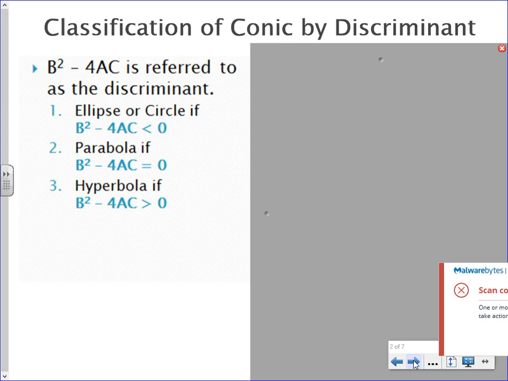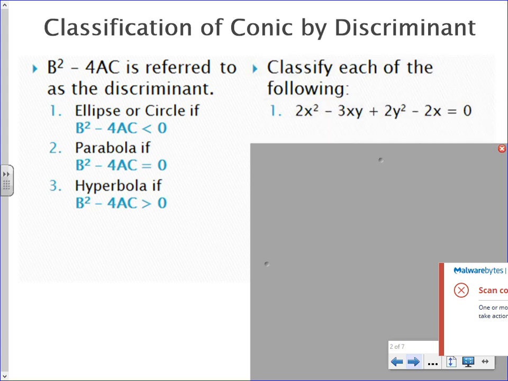I am going to show you, or we're going to go through a couple examples to determine what type of conic it is. And then we're going to go through the process of rewriting our equation so we can imagine what it would look like on a graph. So our first example,